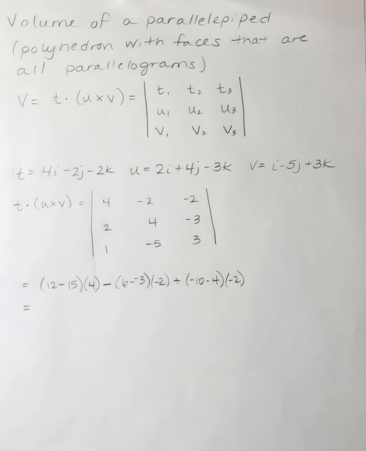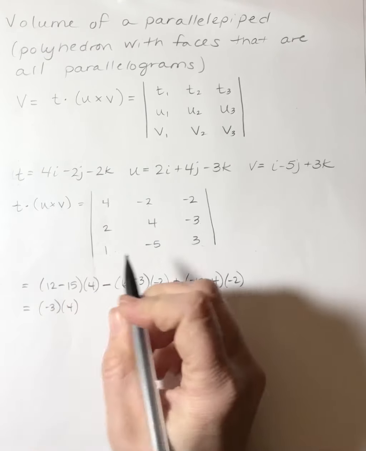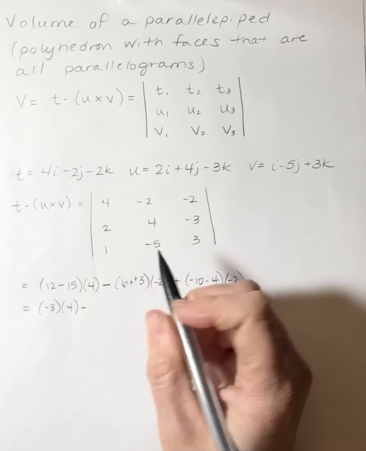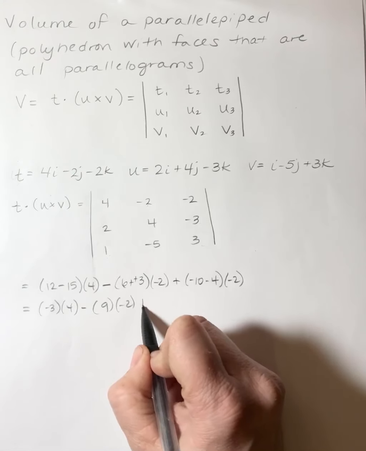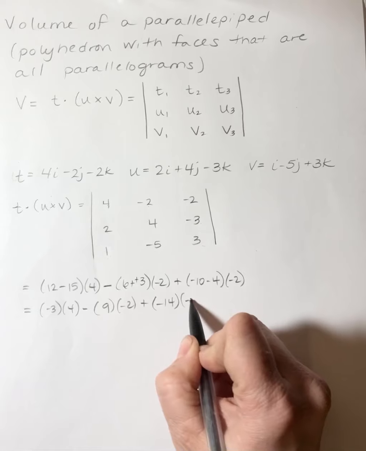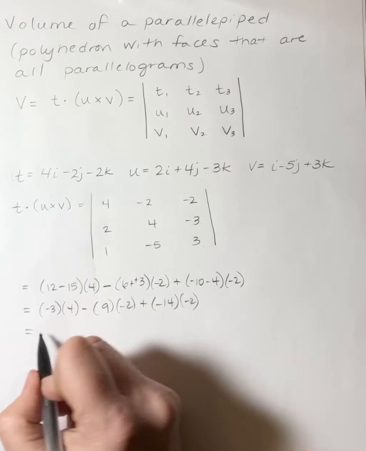So I'd have -3 times 4 minus 9 times -2 plus -14 times -2. And at some point you can certainly just plug this in your calculator, but